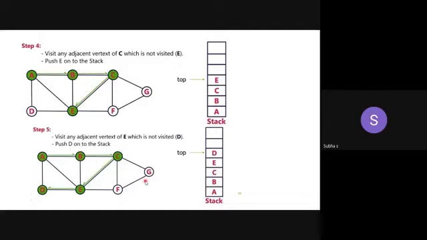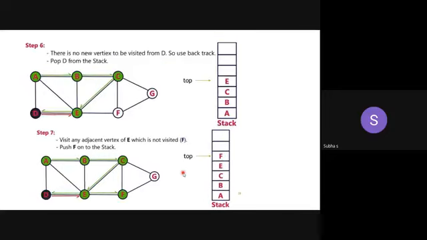So what you have to do, once I am going to that particular vertex, you have to push it onto the stack. So push the element D onto the stack. Now tell me what will be the next step. Find the adjacent node of D. What are the adjacent nodes of D? A and E only. Both are visited. So you have to come back to E. There is no new vertex from D. So you have to use the technique called backtracking. Backtracking means coming back to the previous position. All of you are aware of the maze game.